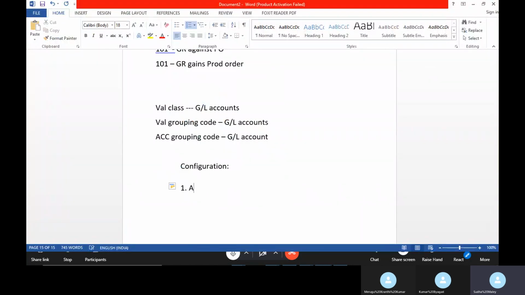I told you what a valuation grouping code is: it is nothing but a group of valuation areas. If you want the same GL accounts to trigger for different plants, you can assign the same valuation grouping code to different plants.